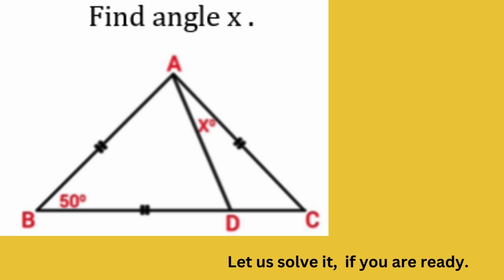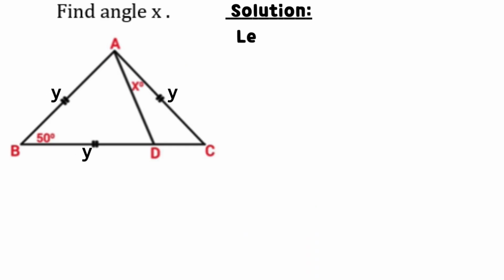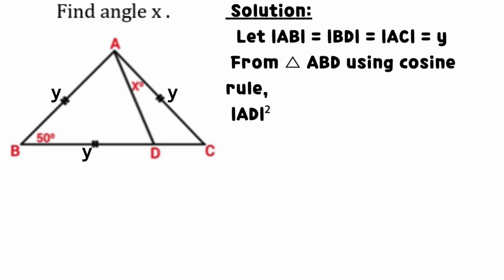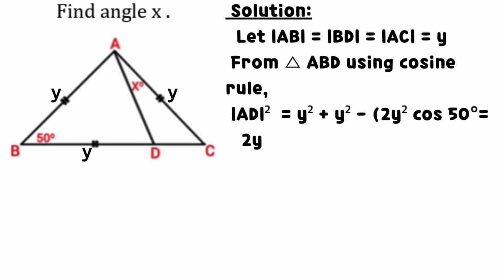What is the value of angle x in the given diagram? Let AB equals BD, which equals AC, be equal to y. From triangle ABD, using the cosine rule as shown on the screen,